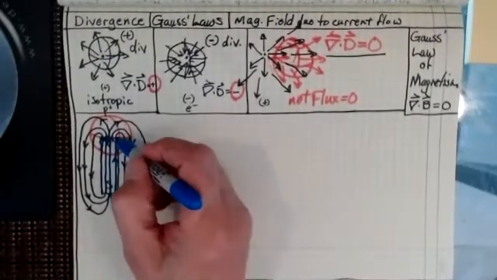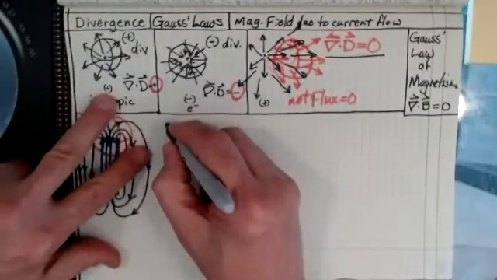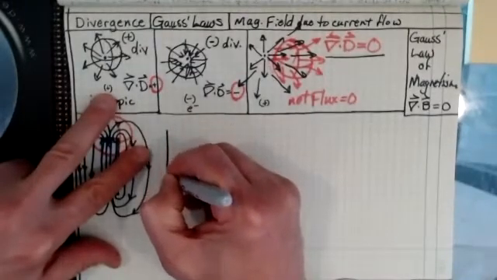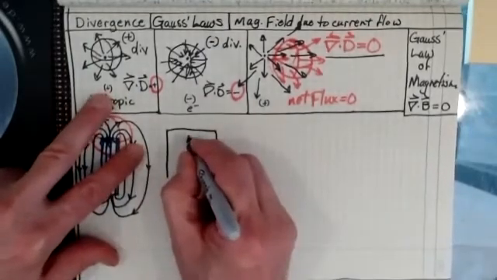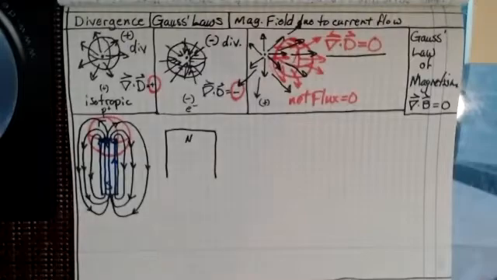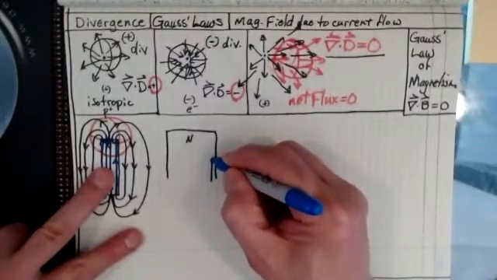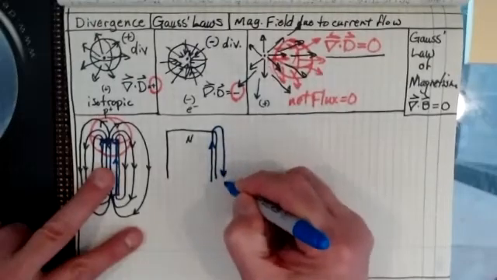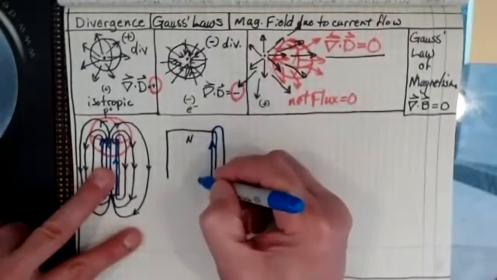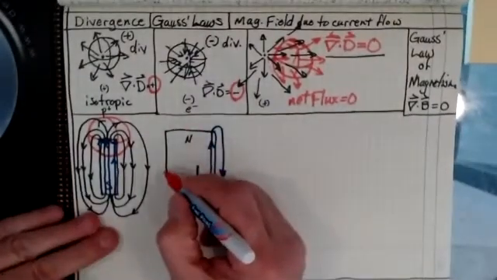Right? So if I was to blow up that end of the magnet, let's just look at that right here. Just going to blow up that end of the magnet, my North Pole end. And if we do that, we basically see that my magnetic flux lines are coming up through here, coming around and then going back down through here. So we've got it coming in. If I was to draw that sphere at the top end again,